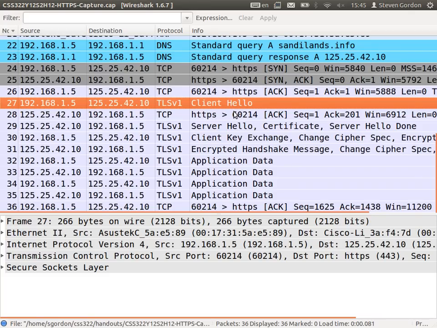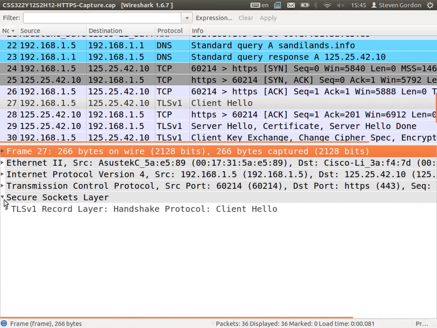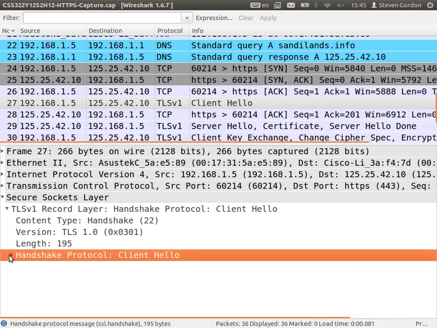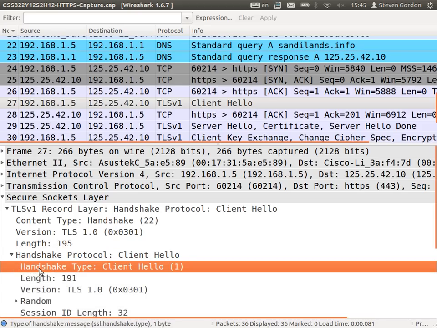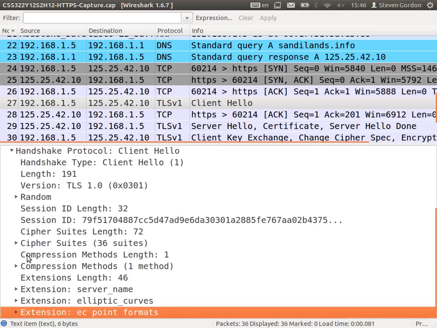Sends a hello. I want to set up an SSL connection. Let's make some space. And inside this hello message, we're using the handshake protocol. This is the client hello message. Some values of the type, the length, and importantly, the parameters or the algorithms that the client is willing to